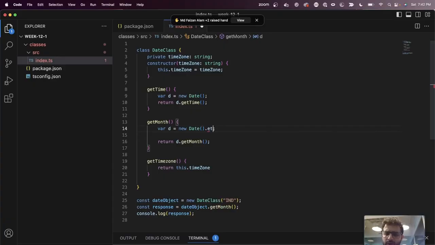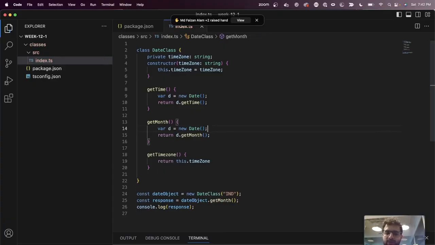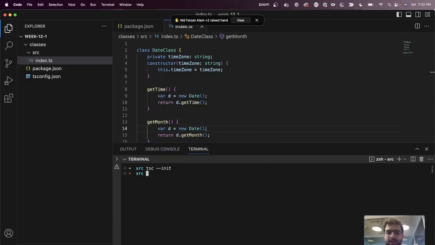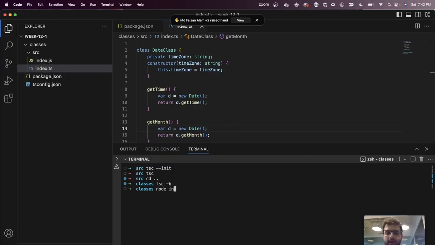All right, we are not going to do that. Just wanted to show at a high level what a class looks like. Very basic, very simple class that does a few things. Let's quickly try to compile it and run it. The way to compile it is tsc, maybe go back a folder, tsc -b, that should create an index.js file, then run node index.js,